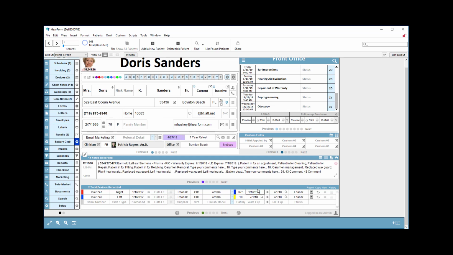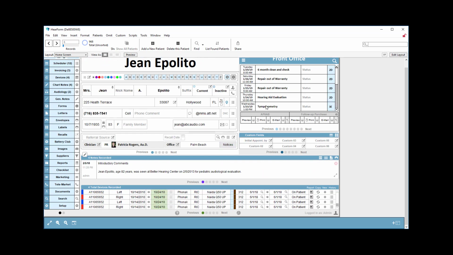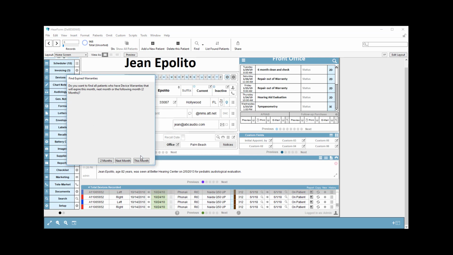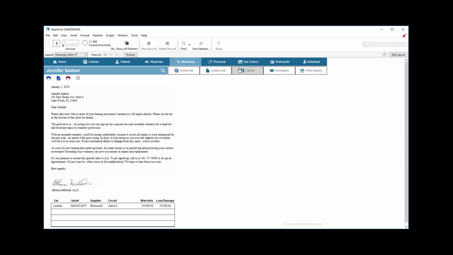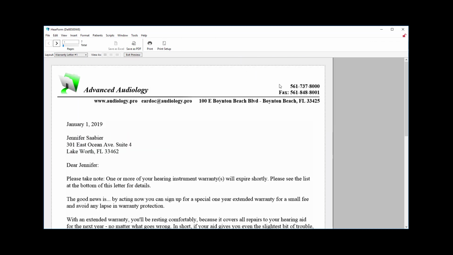So I'm going to add 2 people who have a warranty that expires. It doesn't matter who I'm on. I can be on Gene here, and I click the magnifying glass. That's a common thing, so we included it. Everybody who's expired this month, well, those are the 2 people. It pulled those up. I can go to my warranty letter, click print, and at the bottom of the letter,